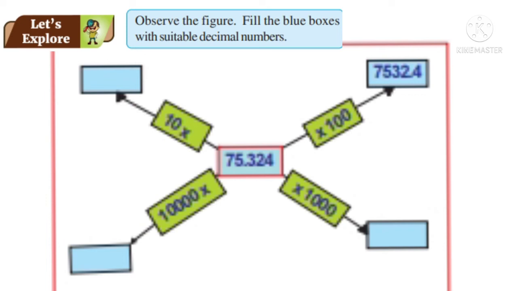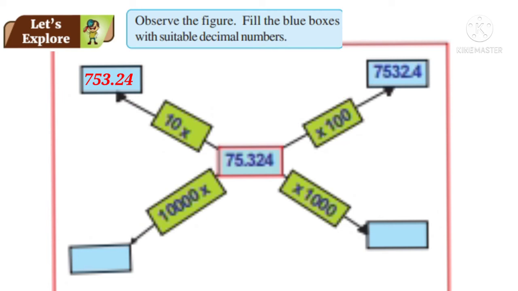75.324 when it is multiplied by 10. Observe that there is only one zero in 10. So the decimal point will shift right side after one digit, that is 753.24. When the same number is multiplied by 100, there are two zeros in 100. So the decimal point will shift to right side after two digits, that is after 3 and 2, that is